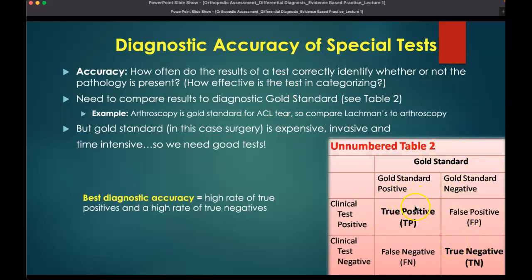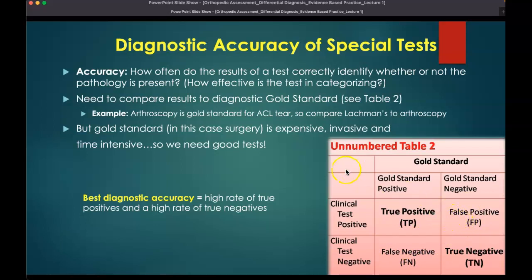So a highly accurate test will have a high number of true positives or a high number of true negatives. And where we get really concerned is if there's false negatives and or false positives, right? We have a patient walking around who thinks they have a pathology and they don't. Or if we're thinking about cancer, we have a patient who thinks they don't have cancer, the cancer progresses, we catch it later on because the symptoms change. So we have a patient with cancer walking around who thinks that they don't have cancer. So we can see how things falling into each of these categories can be deleterious for patients